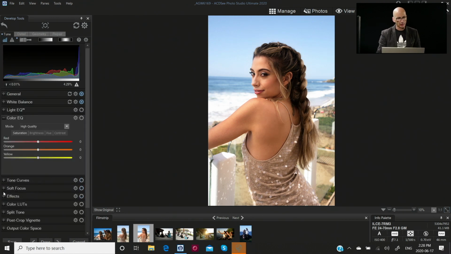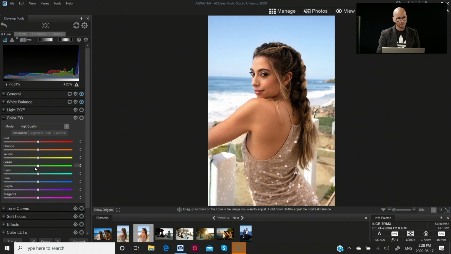We also have the choice of looking at color EQ. Now our blues, we don't have any blue on our model. So one thing we can do is take the saturation of the blue up and deepen that. What you'll find though is, remember in the other shot that was lit by the sunlight,